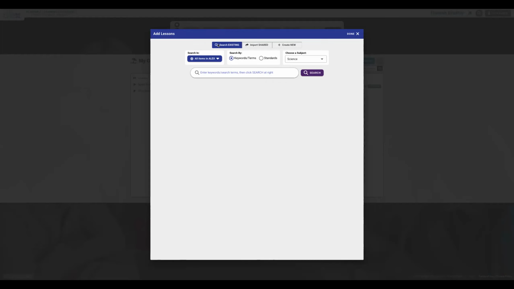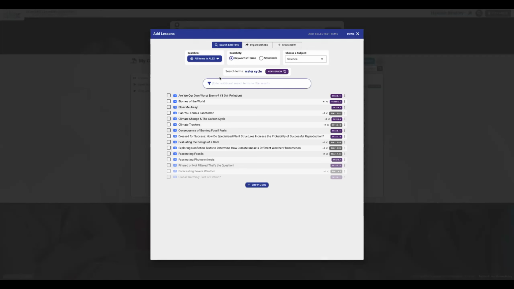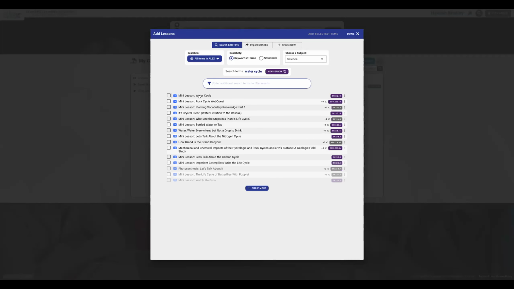So we have talked through the remix option. If I have a lesson that I found on Alex, and I'll just use water cycle again here as an example, and I like part of the lesson but I want to change some things in it, I can actually add that lesson to my content sandbox.